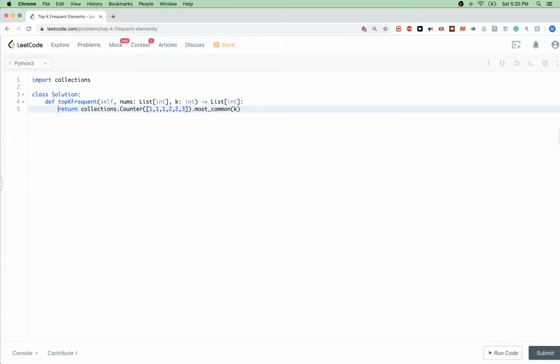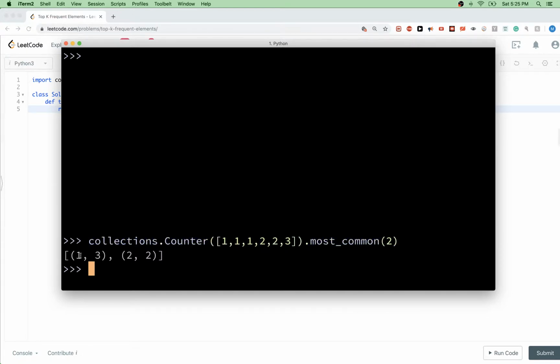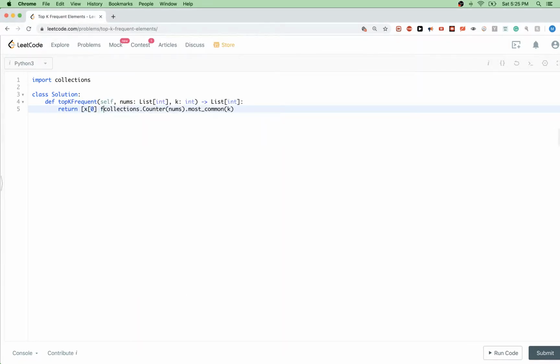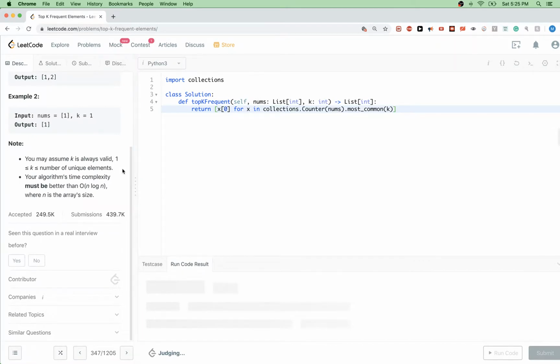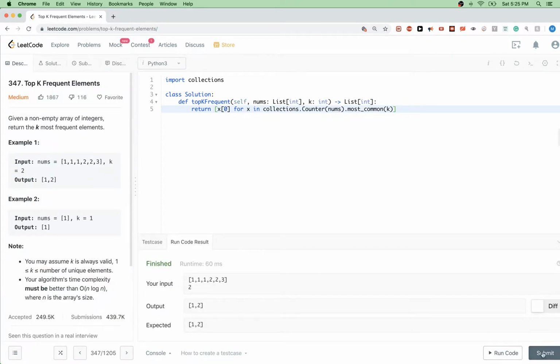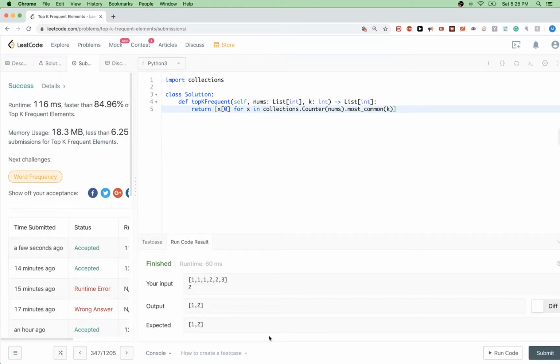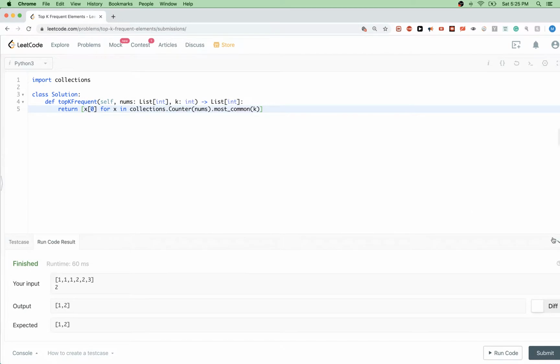So we will take the k most common elements, and we'll pass here the number of elements, and after that we need to return the element value. So here it's in the first position, right? So that would be x[0] for x in that, right? And that would be pretty much it. Submit. So that solution passes,